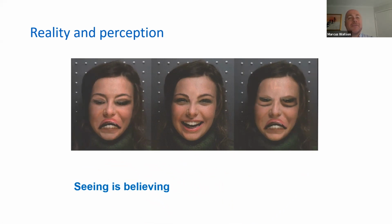So one of the problems we have with the way humans work in the real world is that our minds are conditioned to process information to pattern match with our expectations. And this is a key problem with design, and it's also a key problem with training. Similarly,